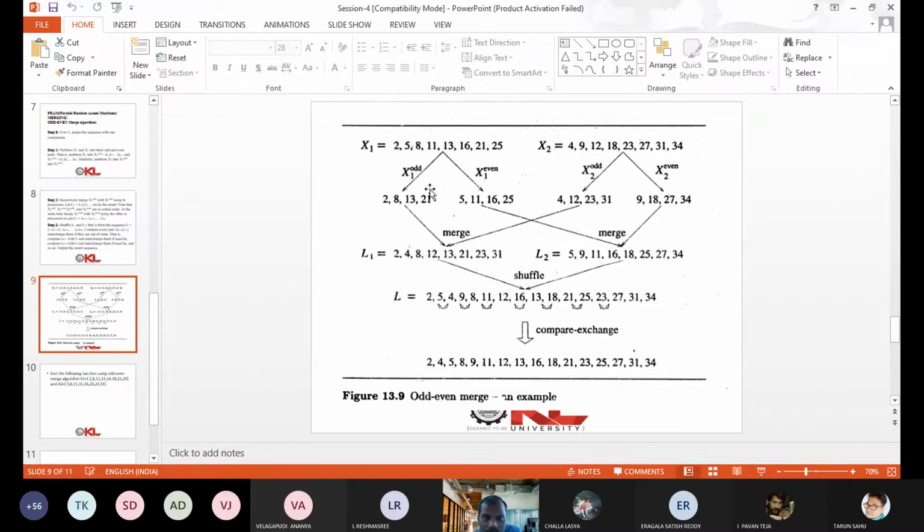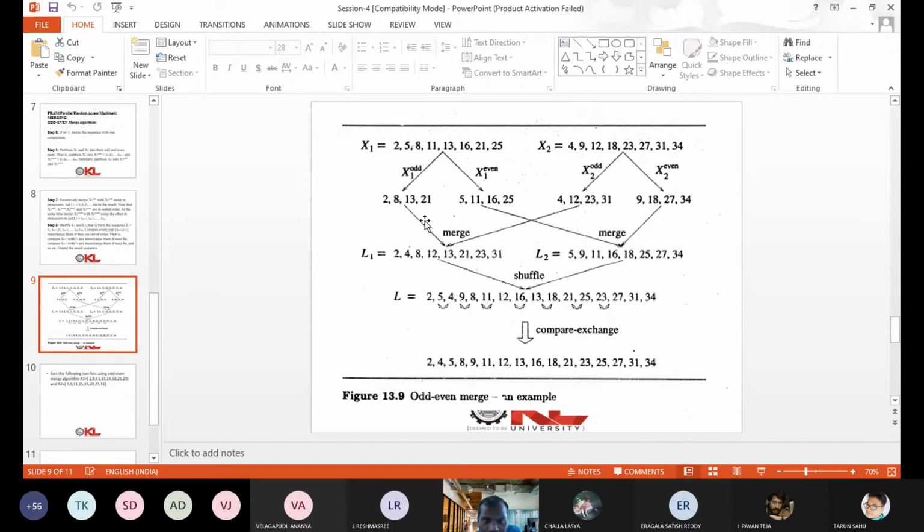Suppose you see x1 odd, you take all the odd elements of x1. What are the odd elements of x1? 2 is at position 1, 8 is at position 3, 13 is at position 5, 21 is at position 7. So the elements in the odd positions are 2, 8, 13, 21.